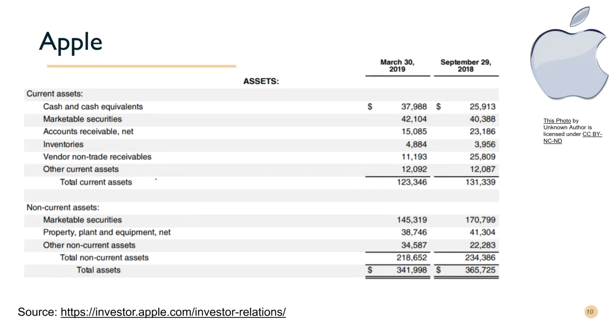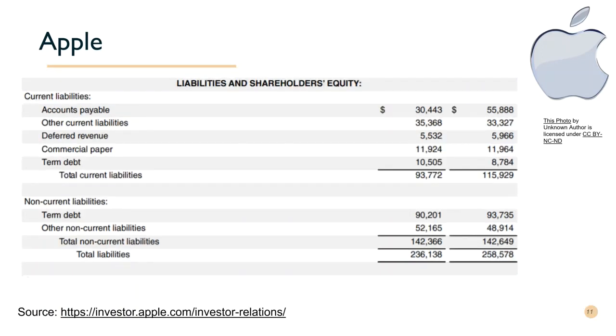Adding in the non-current assets of marketable securities held for more than 1 year, and property, plant and equipment, we get to the total assets of $365,725 million. Looking to the liabilities and shareholder equity section, our current liabilities of $115,929 million are made up of accounts payable, commercial paper, and term debt, effectively payments due in the next accounting